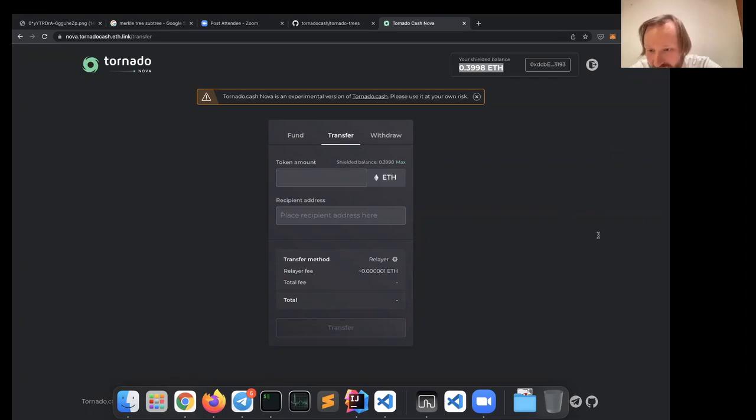How the employment process works: we have some of our own funds from our previous business as auditors, and we developed this as a public good. In addition, the team got some Torn tokens. They are mostly used for governance, but they can still have some value. So we have an incentive to make sure that Tornado Cash succeeds.